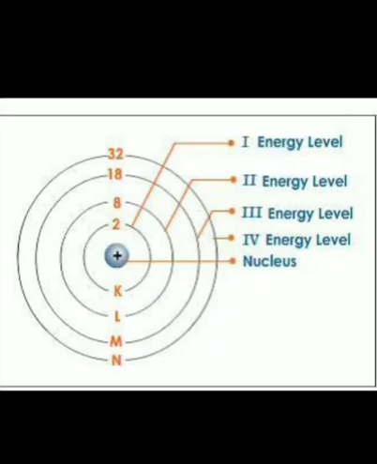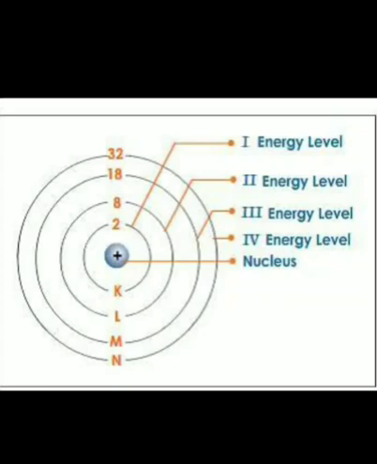After that, the next orbit is known as the second orbit or second shell, then the third orbit or third shell, and it goes on like that. The first shell is known as the K shell. In the figure you can see the first shell is the K shell, the second shell is the L shell, the third shell is the M shell and the fourth shell is the N shell. Each of these shells contains a different number of electrons depending upon the amount of energy associated with them. That means each shell has a fixed energy, and the shell closest to the nucleus has the lowest amount of energy and hence contains the least number of electrons.